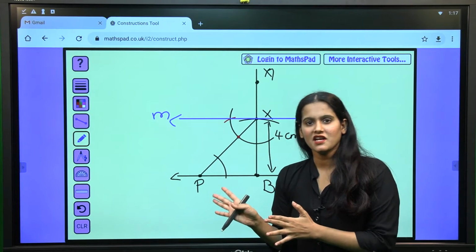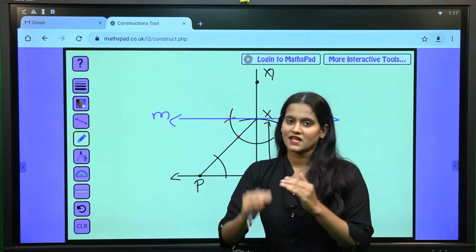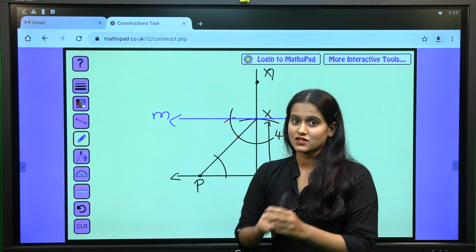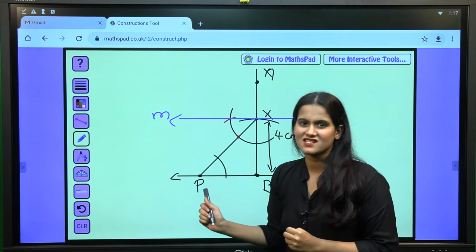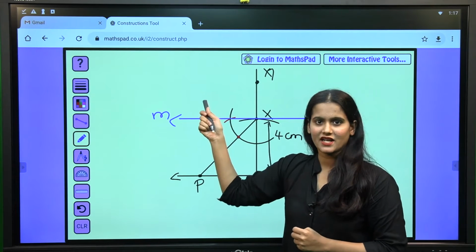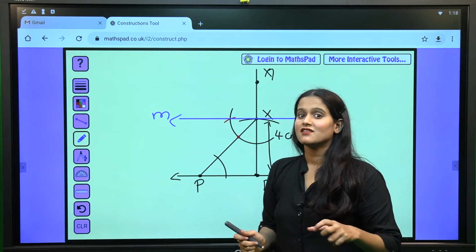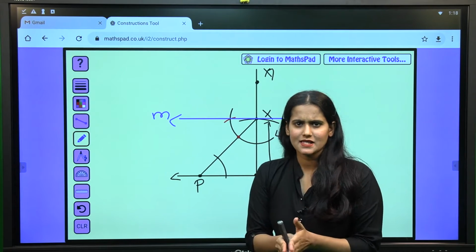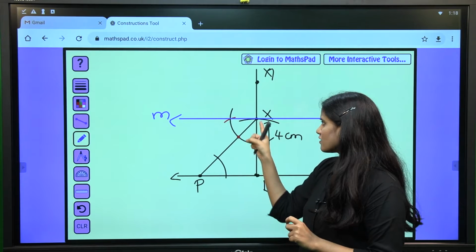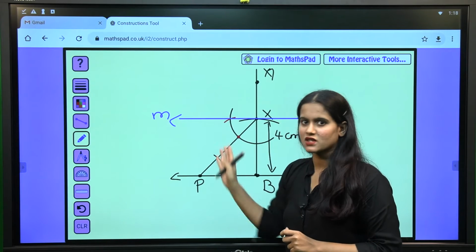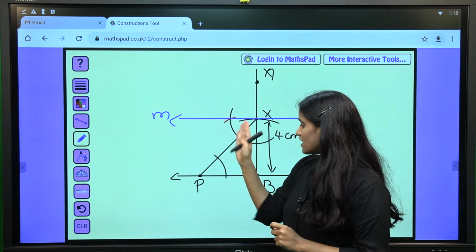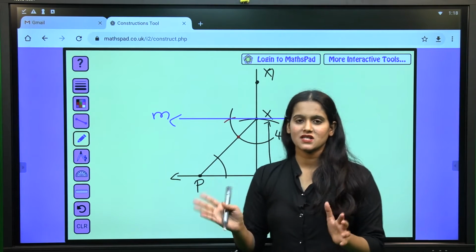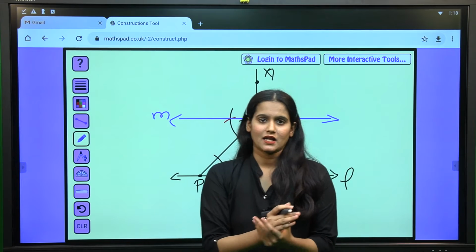It may look complicated, but it is very easy. So I'll just once again explain to you. First step is drawing of line L and then construction of perpendicular line. So it is very easy, no? Take a protractor and mark a 90 degree and just join it. And then the point which is 4 centimeter away from line L, right? So take a compass, so measure it. So just cut an arc which is 4 centimeter. You'll get the 4 centimeter point. Now this point and this point, using these 2 points you can draw the parallel line. So this is how you can do the construction of parallel line.